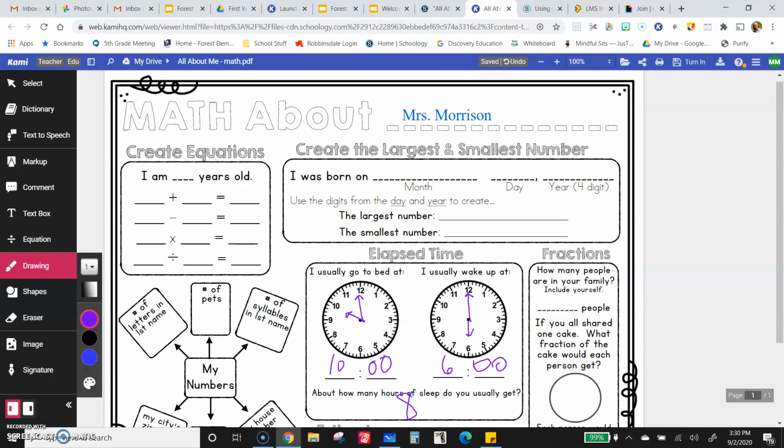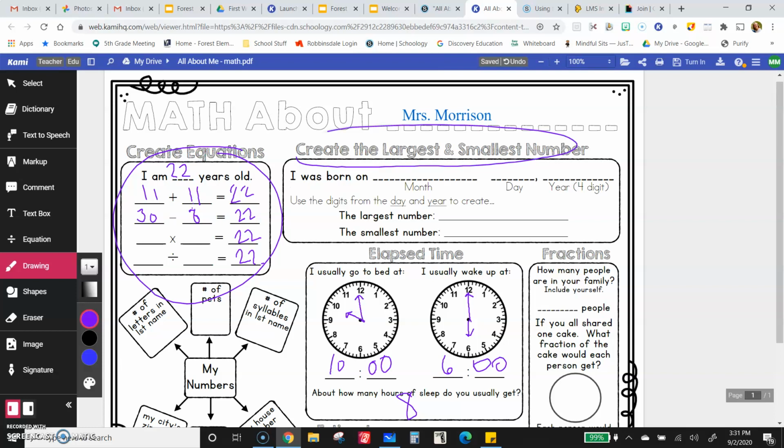So it's asking you up in this top box up here how many years old you are. I'm going to pretend that I'm, how old do I want to be? I'm going to pretend that I'm 22. I'm not really. You'll have to see if you can figure it out at some point. So then I'm going to try to make equations that all equal 22. They should all equal my age. Yours will probably be 10 or 11, right? So maybe I do 11 plus 11, or 30 minus 8. So making little equations to get to my age.